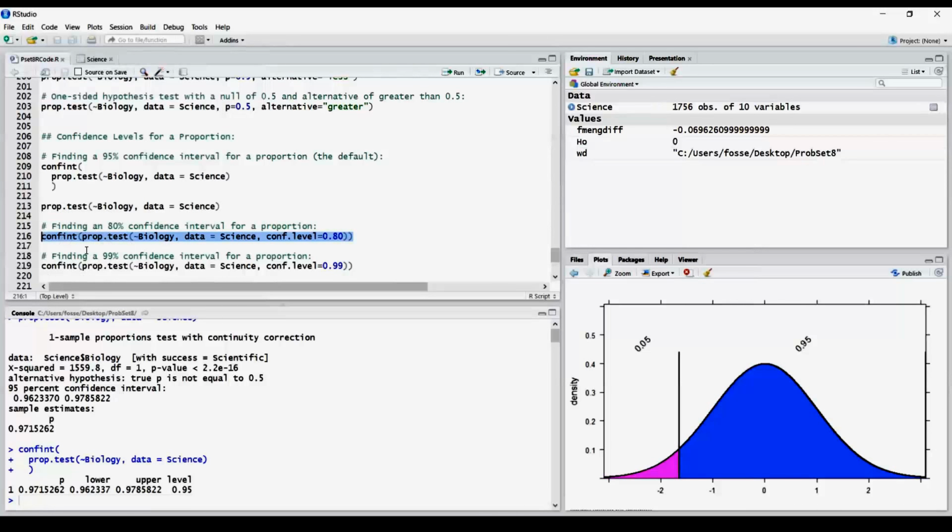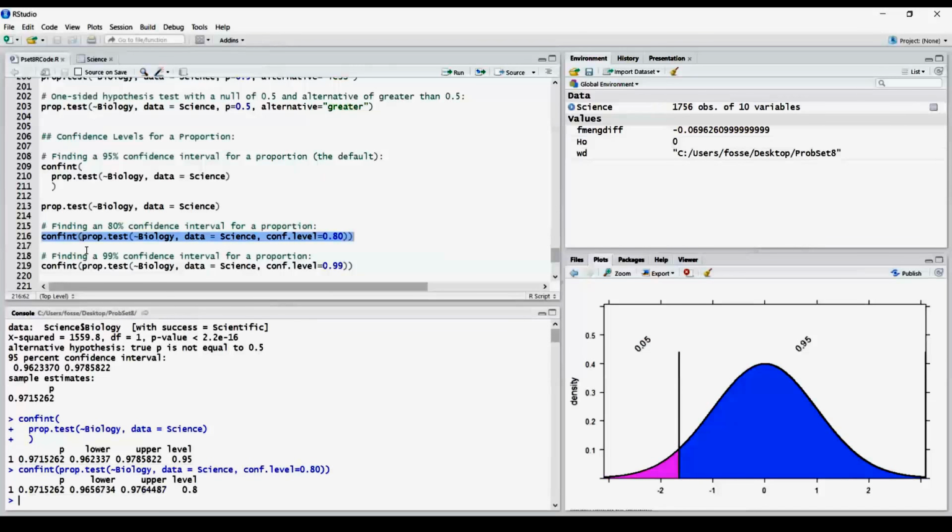When you use the confidence level here, you're defining the confidence interval. So an 80% confidence interval means you have a narrower set of values